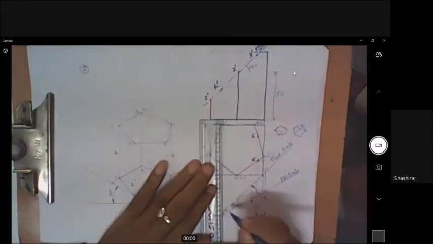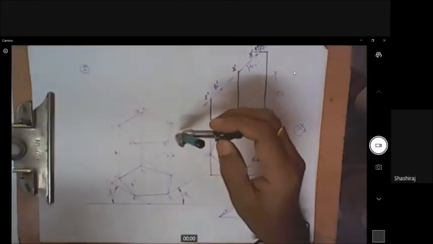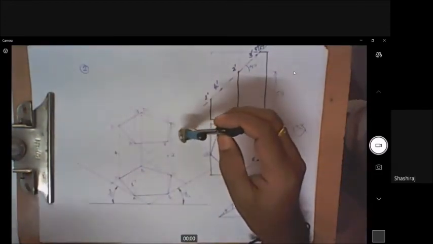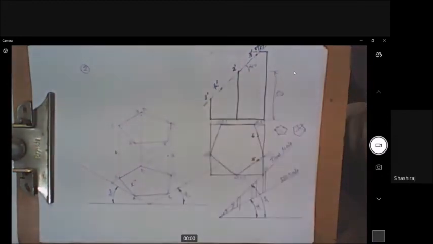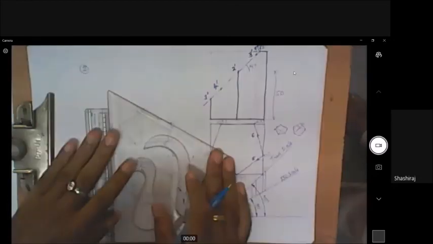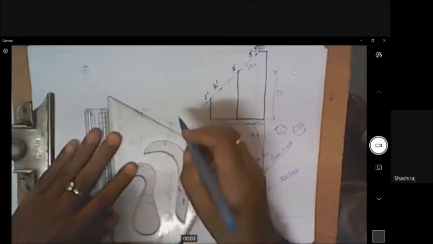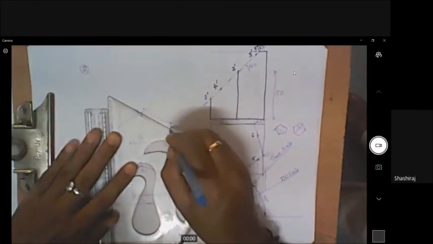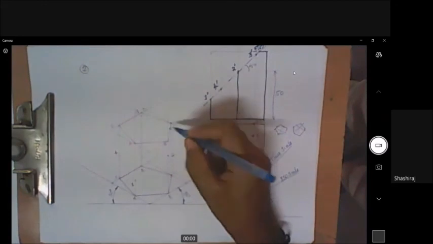This much distance, and from this point, this side, you draw a point, and there you can draw this parallel line. If you draw a parallel line, wherever it meets that BC, that point is 5.